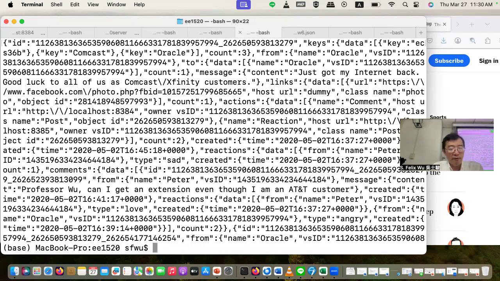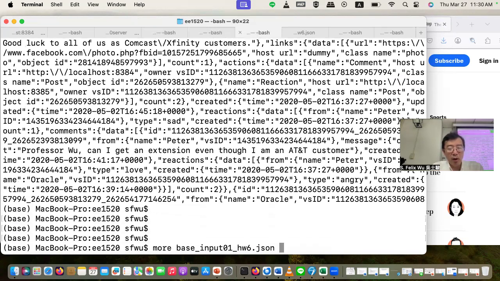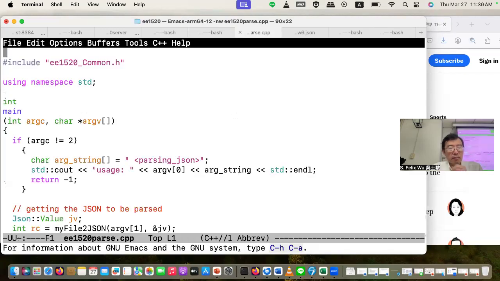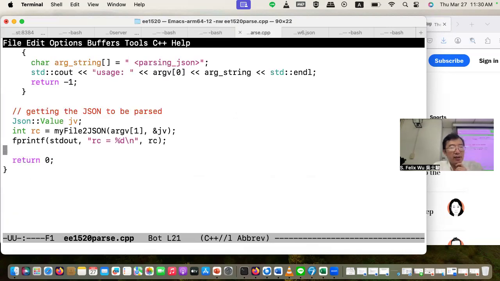So I'm going to modify the program called parse. Okay, this is the program I showed you earlier. It's called parse. And what I did is I'm going to print the JSON with a nice style.